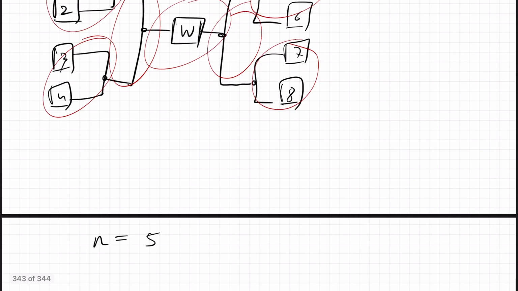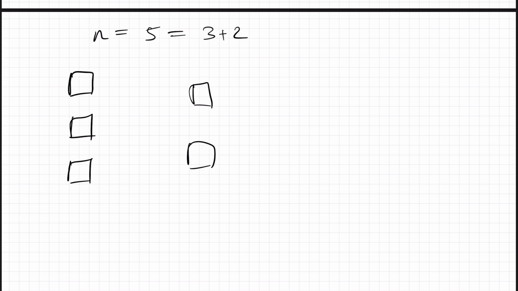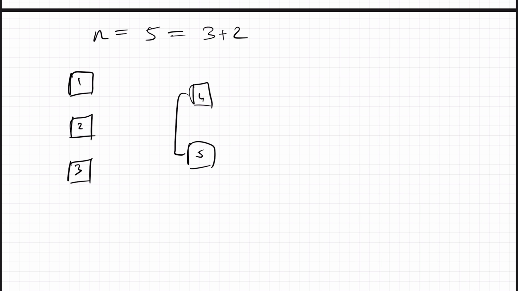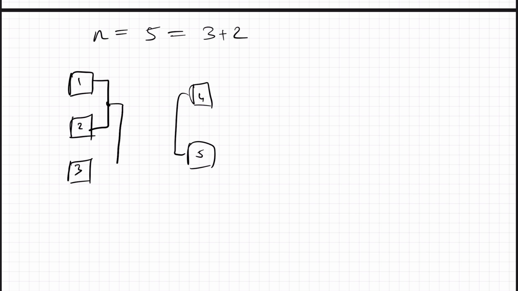So maybe we can have something like this. Let's say we have n as 5. So this isn't a nice even power of 2 like it was last time. So now we might have team 1, team 2, and we'll try and split this into 2 sides. Now we need to determine the best from the left side and the best from the right side. So we'll play 4 and 5 against each other, play 1 and 2 against each other, and then the winner of that will play 3. And that will tell us the best from the left and right side. And then we just play these two against each other.